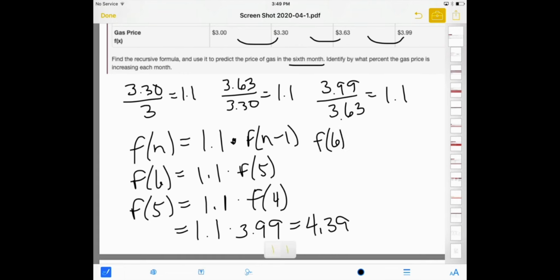And then finally, to find f of 6, I'm going to take 1.1 times what I got for the 5th month, which is $4.39. And I'm going to get my total for the 6 months, or whatever the price was for 6 months of gas, which is going to be